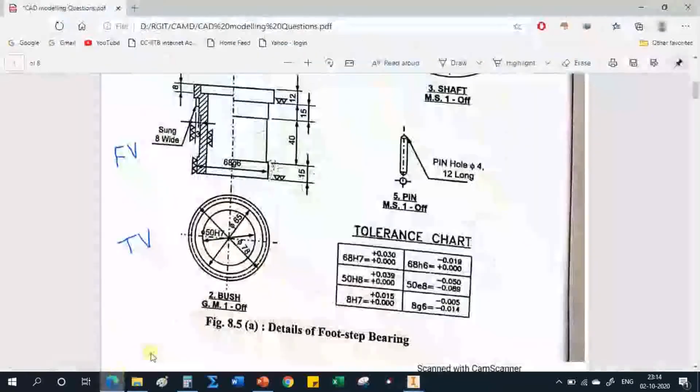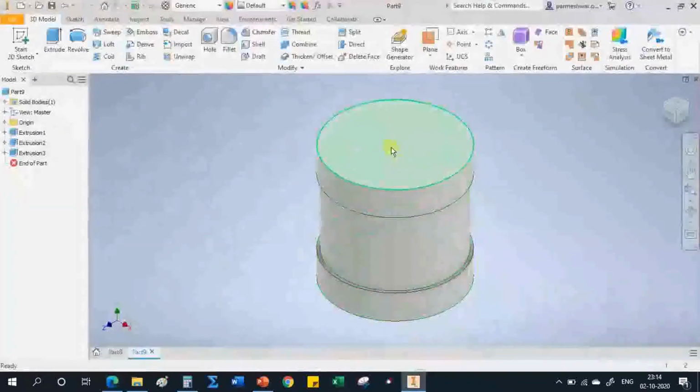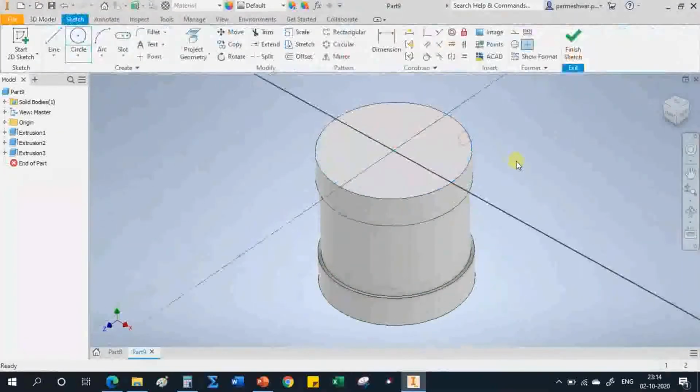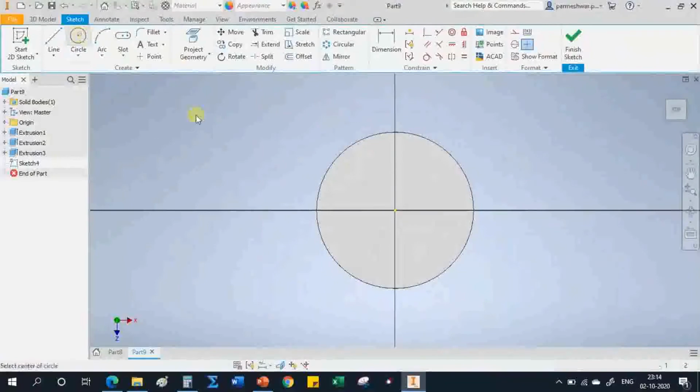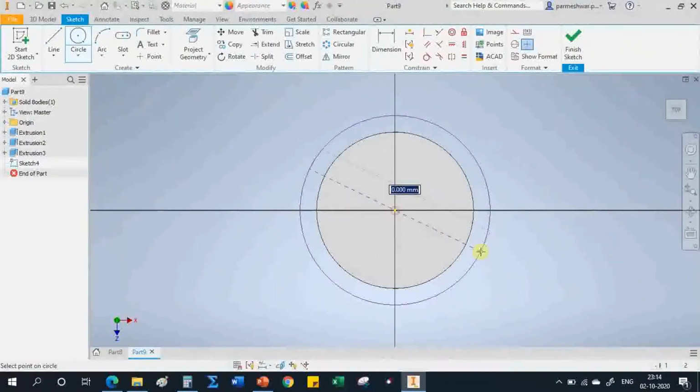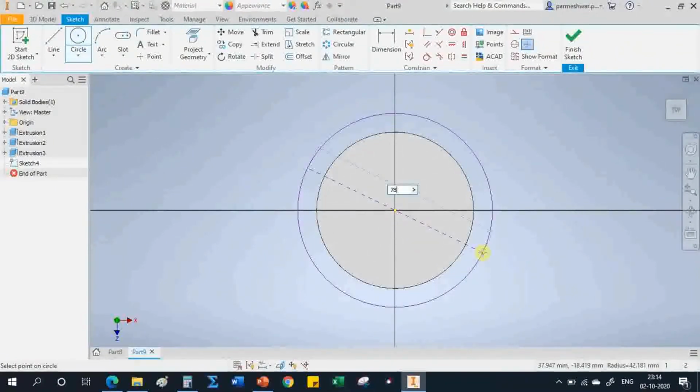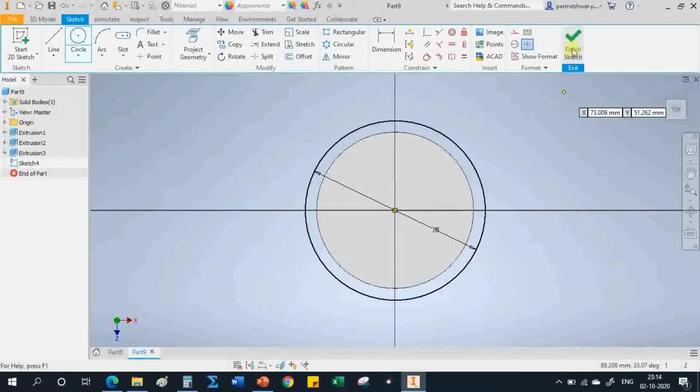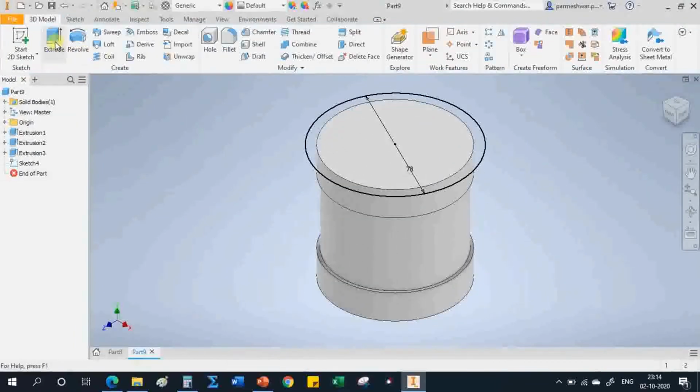Again up to this we have drawn, and from here again there is 12 mm for diameter 78, right. So select this face, select one, and the diameter is 78, right. Finish sketch, and we have to extrude it by 12.